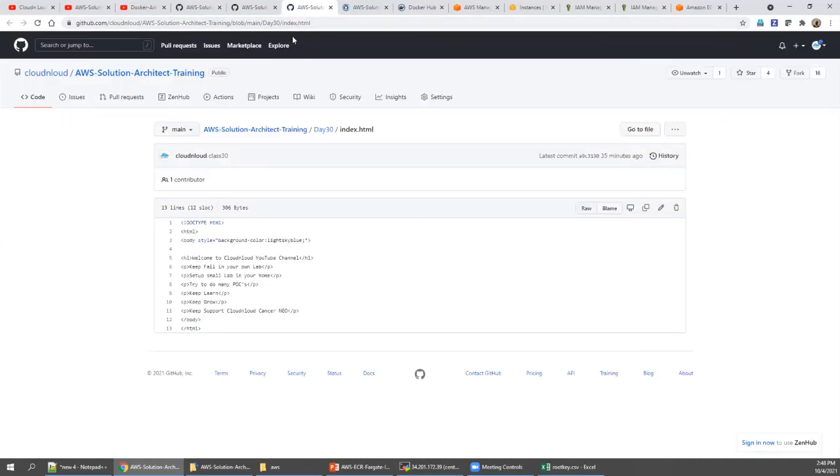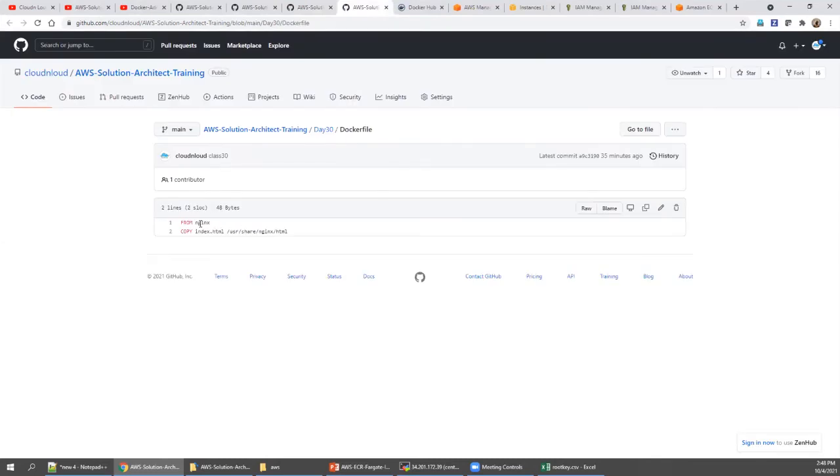We don't know whether it is an already available image or our image, so I just added some comments. In the Docker file, we are downloading an existing Nginx image, and in that we are adding our own index.html, so that we know it's our image. So go back to the step.